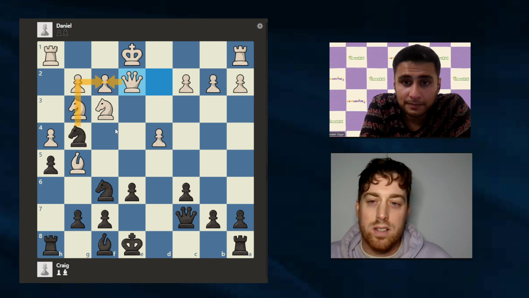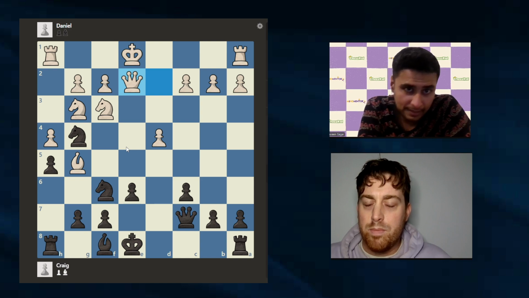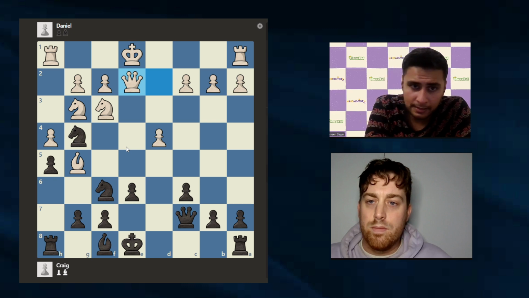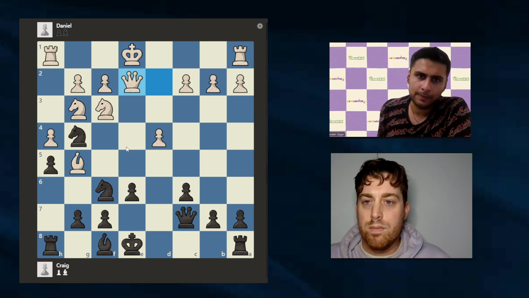Then it doesn't do anything. Yeah, and that makes sense. I guess the queen takes response is a bit trickier to assess since it seems like White's got everything sorted out. This is a very typical puzzle that you get when you do puzzle rushes or you're just regularly